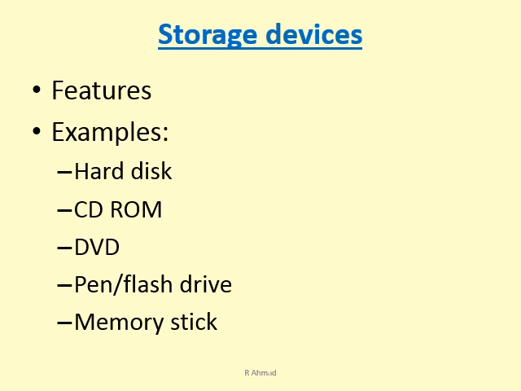Another very common secondary storage device that we make use of nowadays is pen drives or flash drives. They come in capacities of GBs: 4 GB, 8 GB, 16 GB, 32 GB pen drives. And if you understand the concept of unit of storage, then you can yourself understand how much a 4 GB pen drive can store in it.